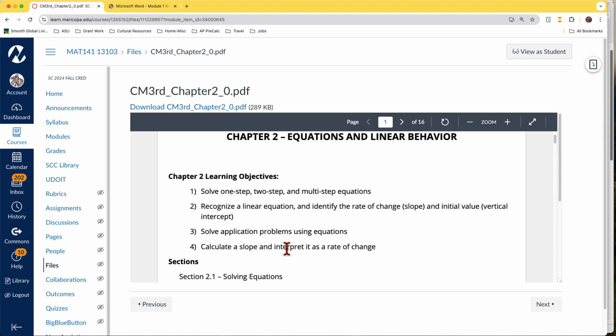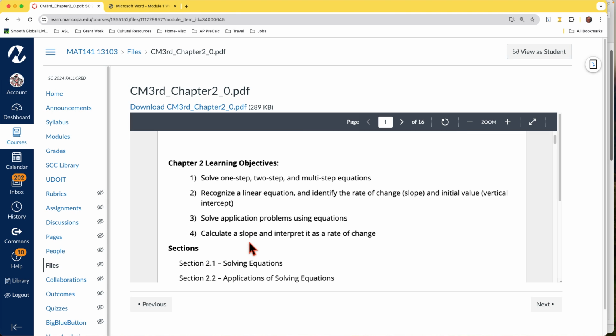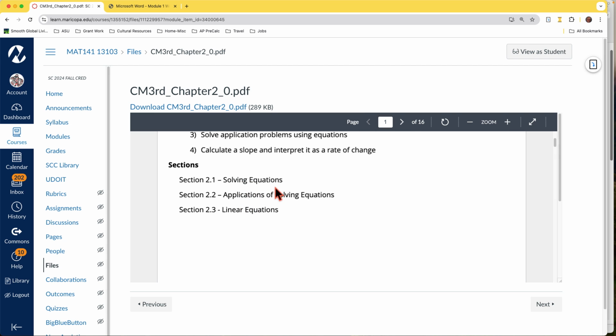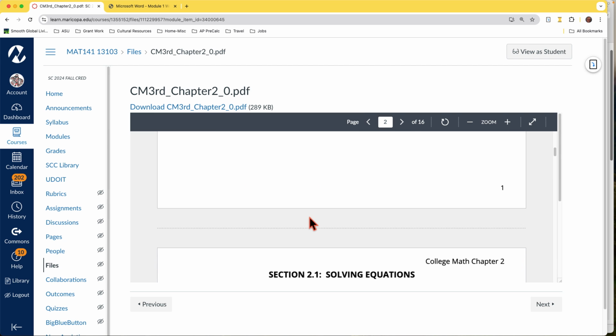We're supposed to solve some application problems and calculate slope and intercept as a rate of change. So we'll do all of this. For the application problems, that's where the quiz will come in. We'll actually just jump into the quiz because we'll have learned the skills to do that. And then we'll see how, if I got a word problem, how do I use the skills that we've got. Okay. And then you can see through here, they've got those sections,